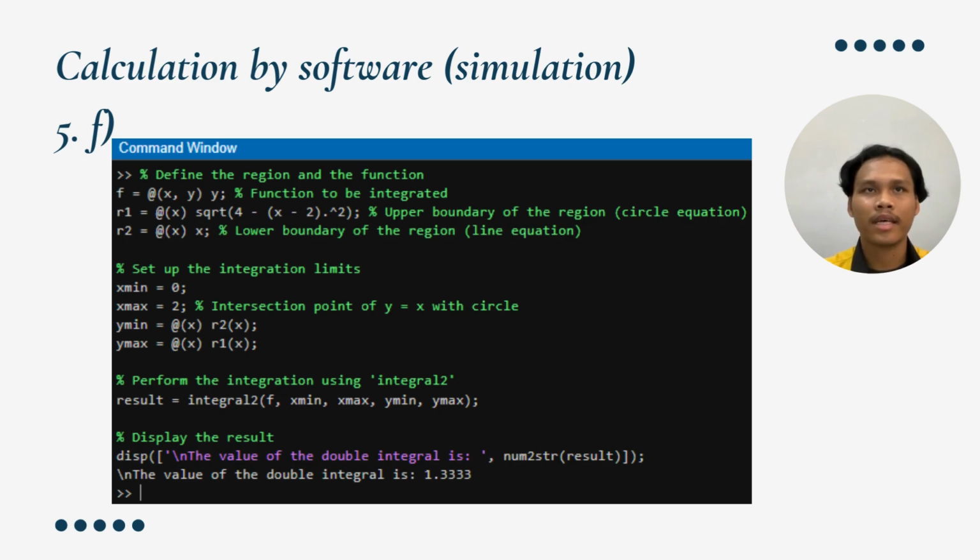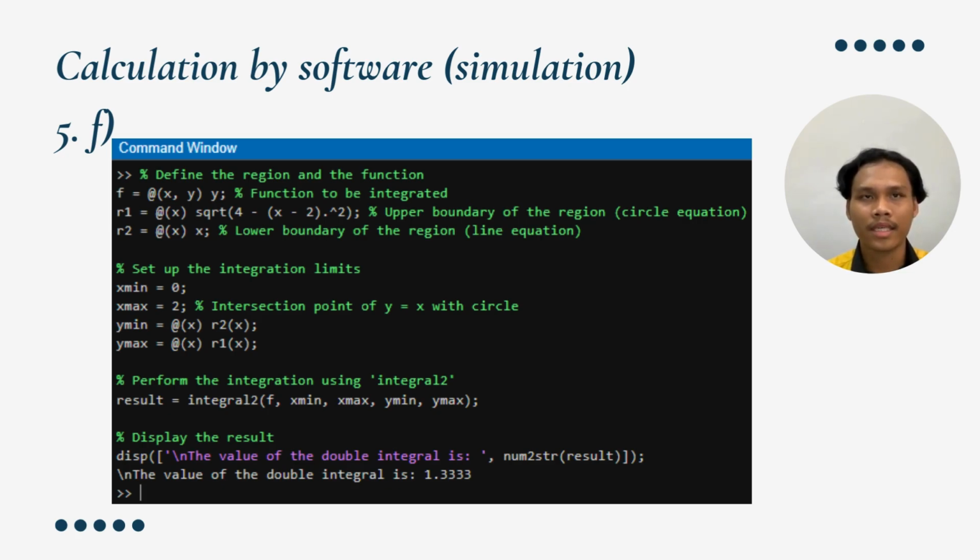And then I set the integration limits. So x min and x max define the range of x values over which we perform the integration. Here x ranges from 0 to 2, the point where the line y equals to x intersects the circle. And then y min and y max define the range of y values. Each y min is given by the lower boundary y equals to x and y max by the upper boundary,